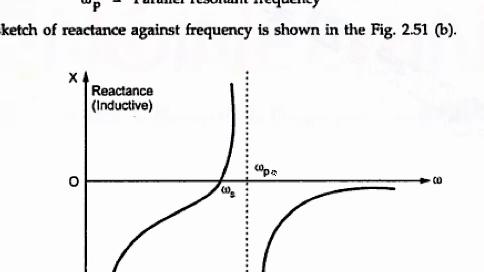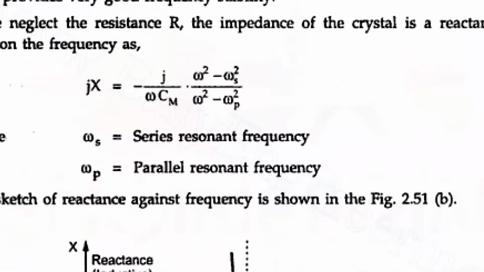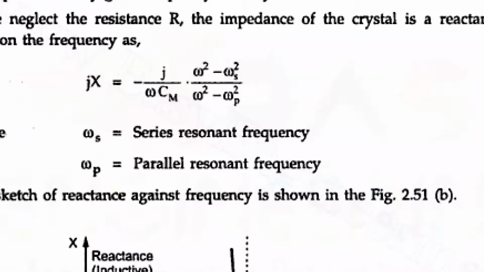Okay. Now, when omega tends to infinity, what will this be? Students, when omega tends to infinity. Last case. And again, this time I think we have to use L'Hospital's. Very good, correct answer. What is the reason for L'Hospital's rule? Because in the second term we'll be having infinity minus omega s square by infinity minus omega p square. So this will lead to infinity by infinity. Yes. Okay.